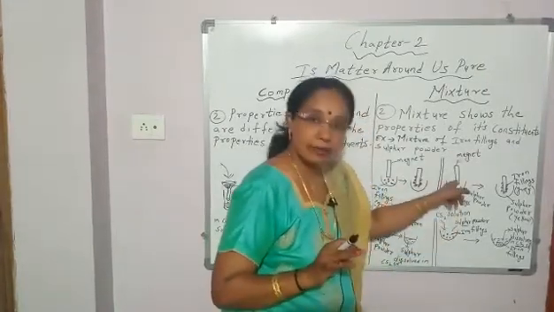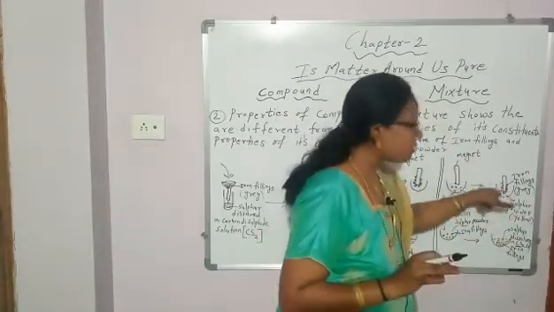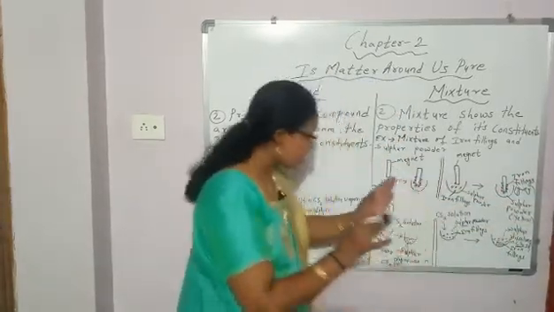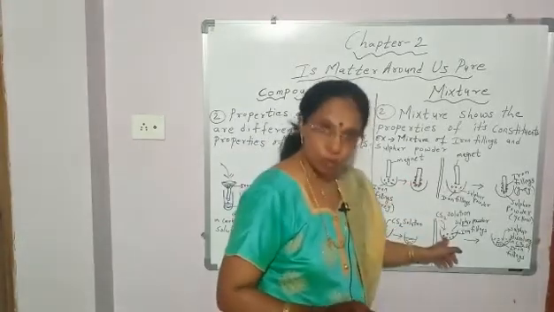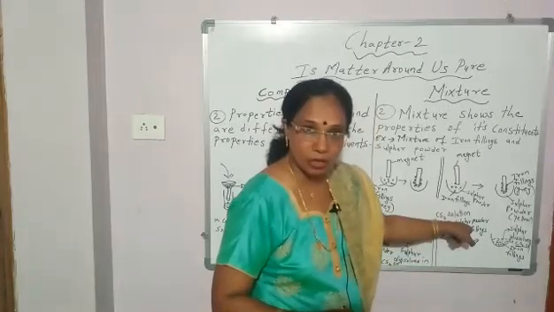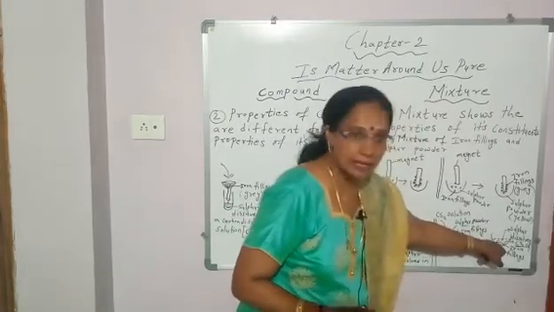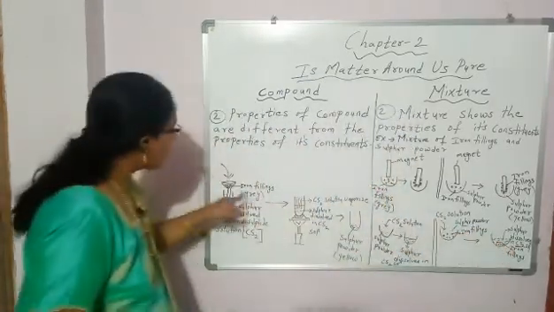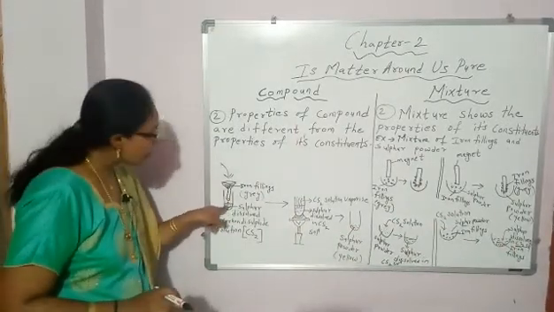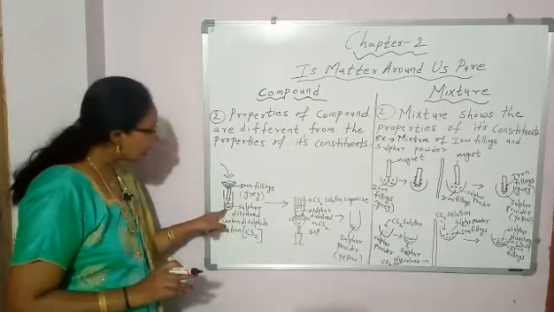So, by two simple physical methods, the constituents of this mixture can be separated. First, bring a magnet, iron filling will get attracted, and sulfur powder is left behind. Second, add carbon disulfide solution to this mixture. Sulfur will get dissolved in carbon disulfide solution and this iron filling will settle down. In the next step, you filter it. Iron filling will remain on the filter paper and sulfur dissolved in carbon disulfide solution will pass through this filter paper and collect as filtrate.